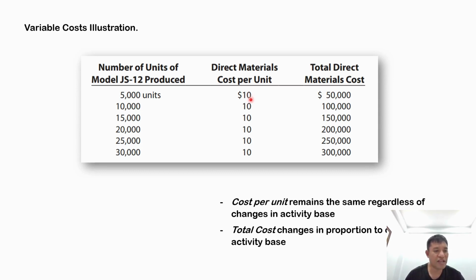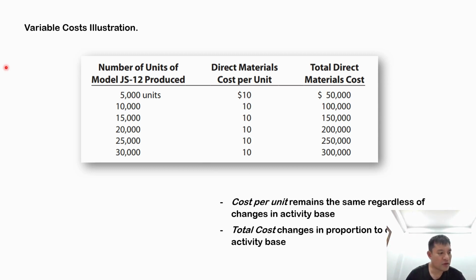So for model JS-12, the direct materials costs for the relevant range of 5,000 to 30,000 units of production are as follows. So as shown